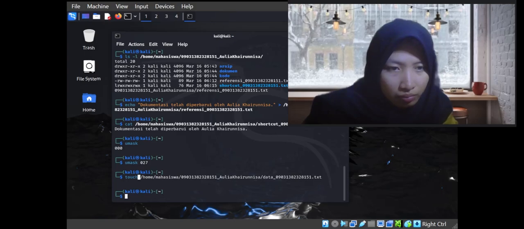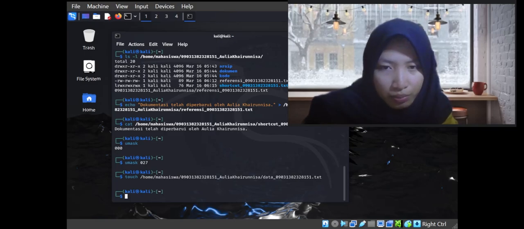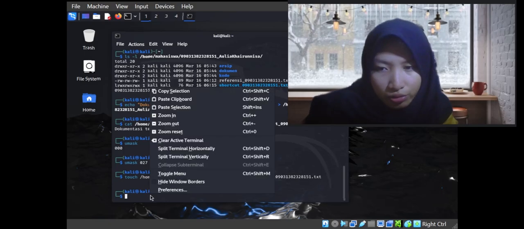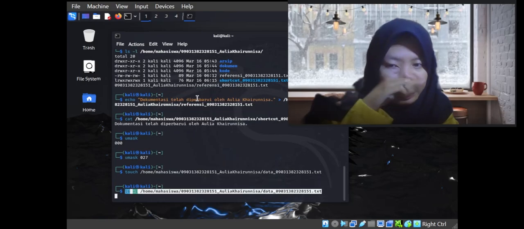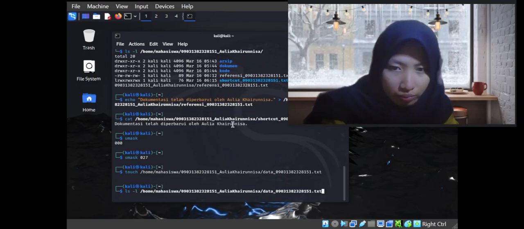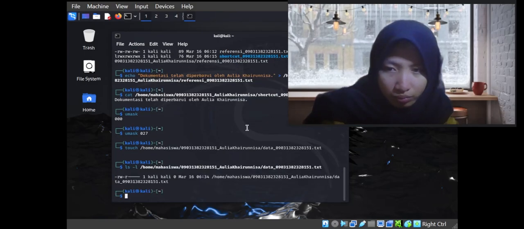And then after we create the new file, we are asked to show the permission access of the file that we just made. Just going to use the ls again. You see,